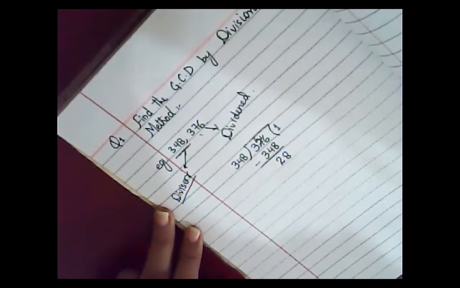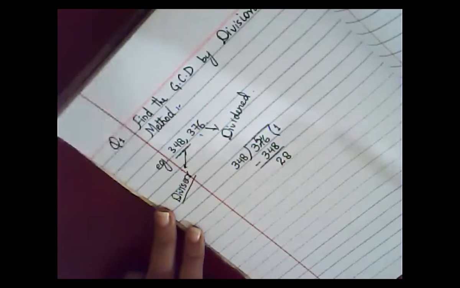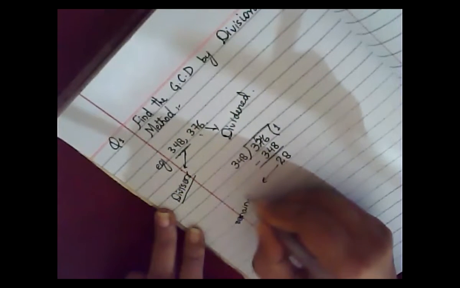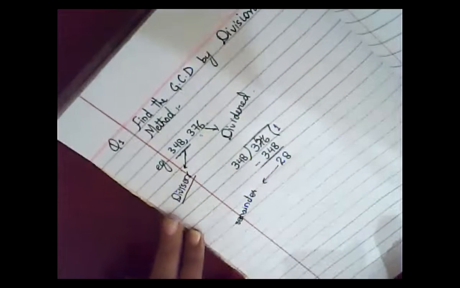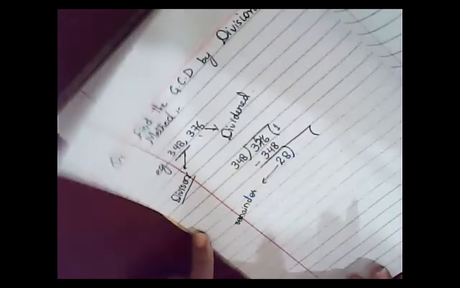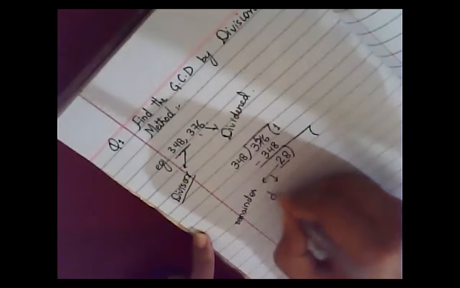Now in GCD, this is basically the remainder. If you get a remainder, you will proceed further. You will repeat the previous step until you get a remainder of 0. Since the remainder here is 28, you will proceed further. For the next step, your previous step's remainder will become your divisor,